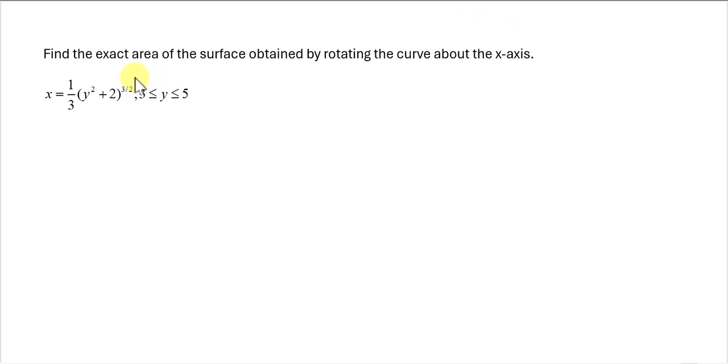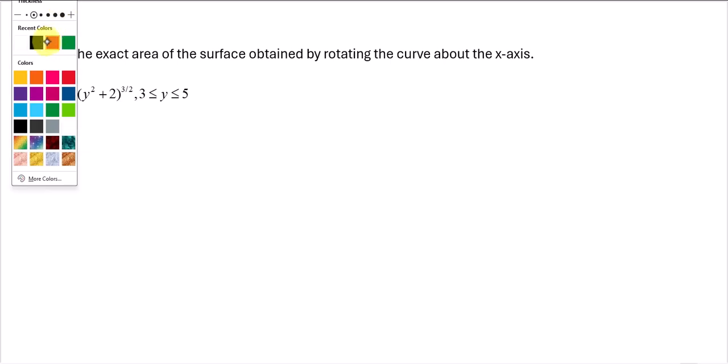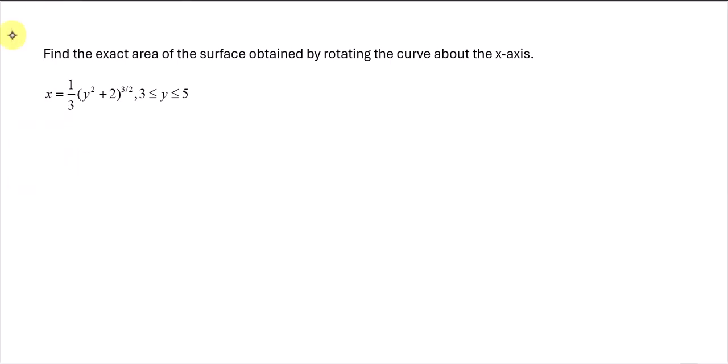We would like to find the exact area for the surface, or the surface area, obtained by rotating this curve about the x-axis. So from our formula, when the function f is positive and has a continuous derivative, you can find the surface area from this formula. The surface area is the integral from a to b, 2 pi multiplied with the function f